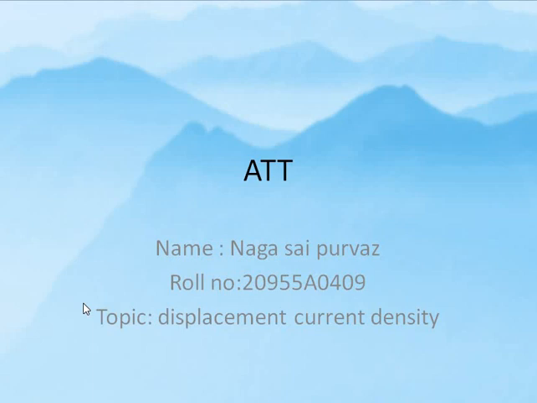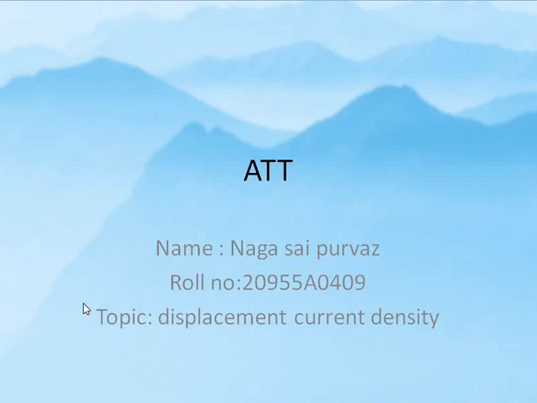Current is the electric charge passing through an area per unit time. We can define current in mathematical form as I is equal to dq by dt. Because of this, when current flows at the rate of 1 coulomb per second, we call it 1 ampere. So the SI unit of current is the ampere.